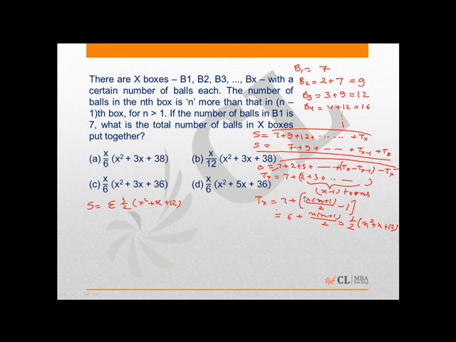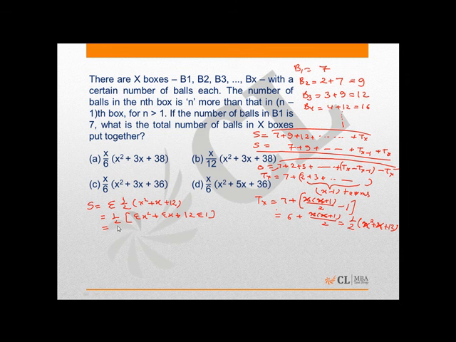This n is nothing but x. Now this will be nothing but 1 by 2 into sigma x square plus sigma x plus 12 times sigma 1,